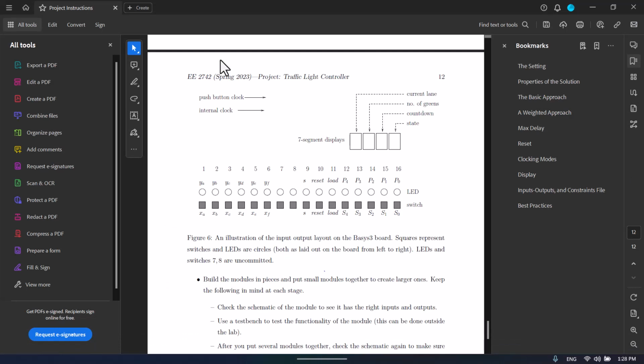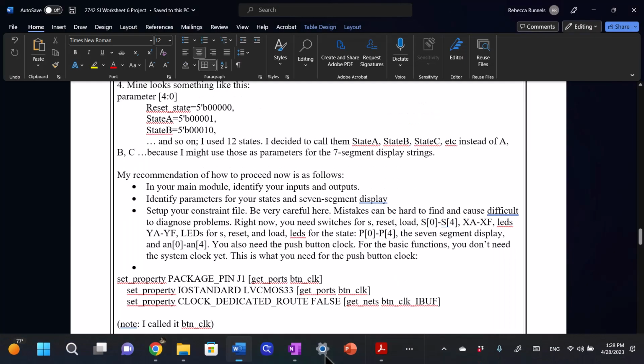XA through XF are for switches that allow you to set what lanes have traffic. YA through YF are lights that tell you which lights are on green. Then you have these 3 LEDs right here that tell you if you're in reset mode or load mode. S is going to be for when you have it proceeding automatically. Make sure you give those different names than you did for the switches. So I think I called them reset LED and load LED. It doesn't matter what I called them, but